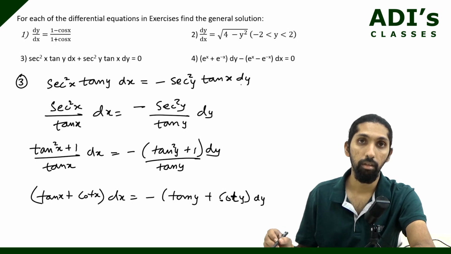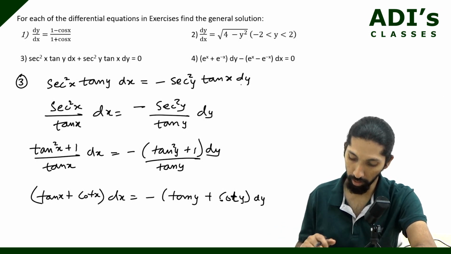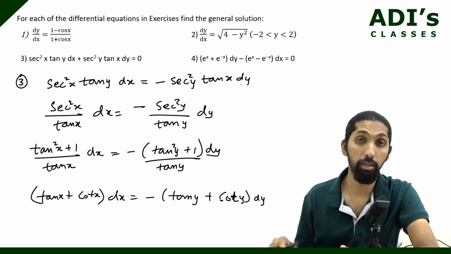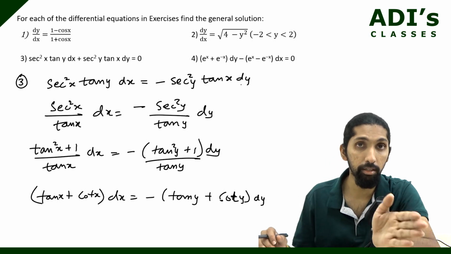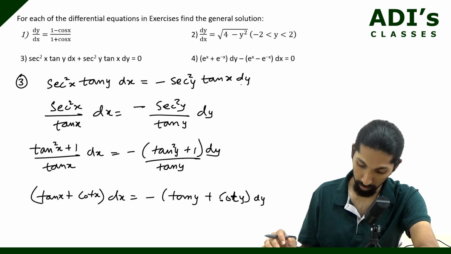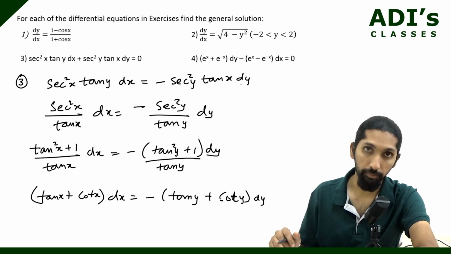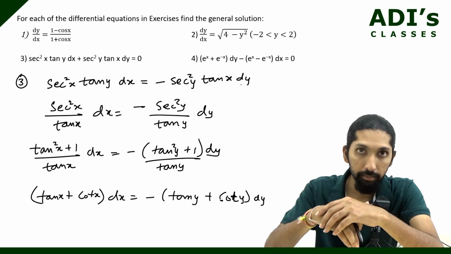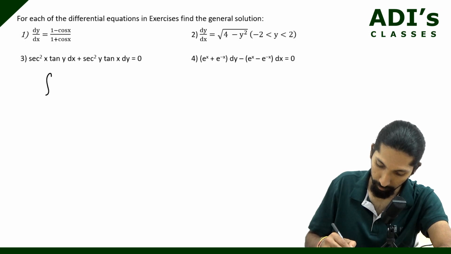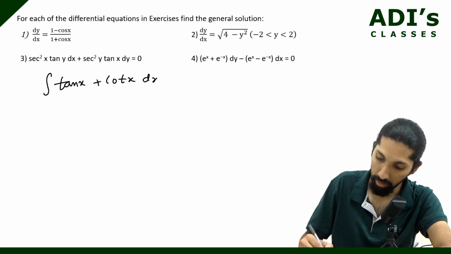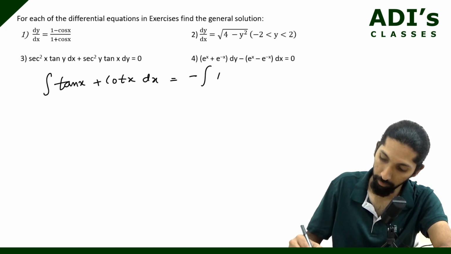Correct? So this is what is going to happen for this particular question. Now guys, we can directly integrate because we know the value of integration of tan x, integration of cot x and all. Isn't it? Since we know this one, we can directly do it. Fair enough? Now let's do the integral. First let's integrate and then we'll get the sign. Alright? See, we have integral of tan x plus cot x dx minus integral of tan y plus cot y